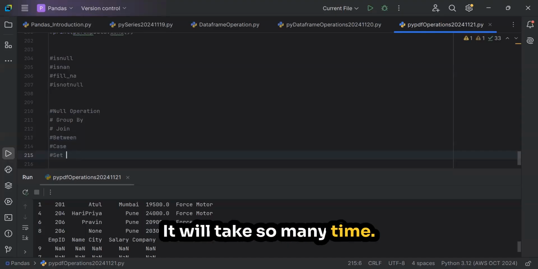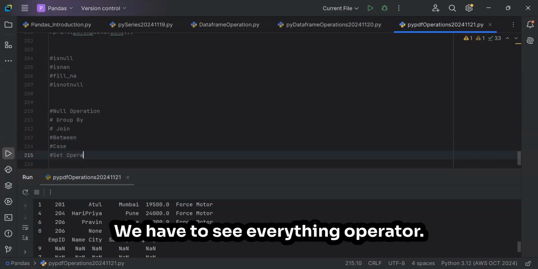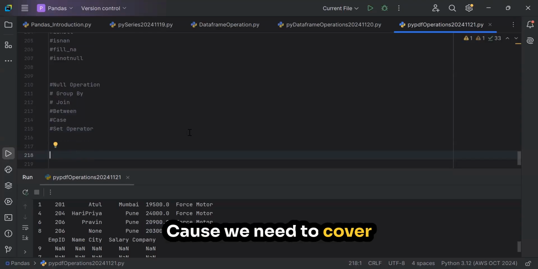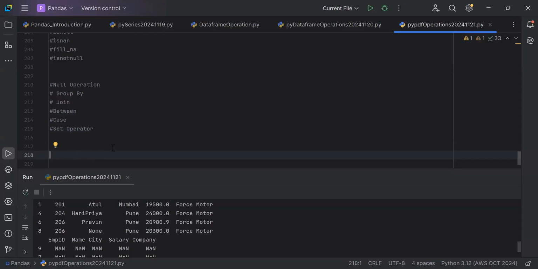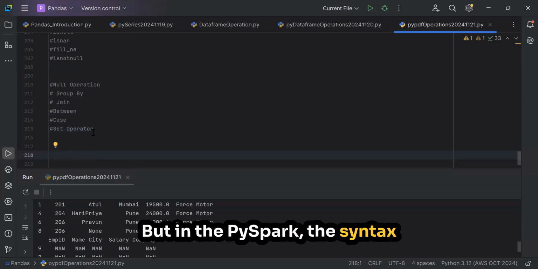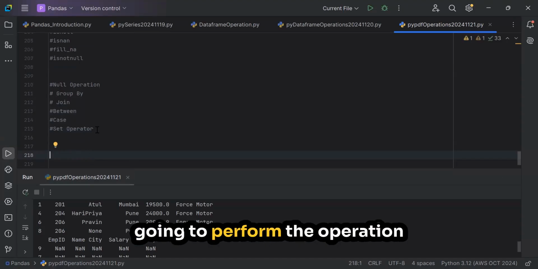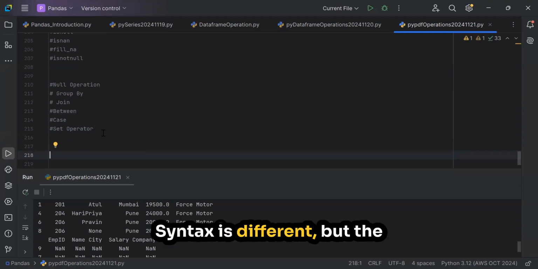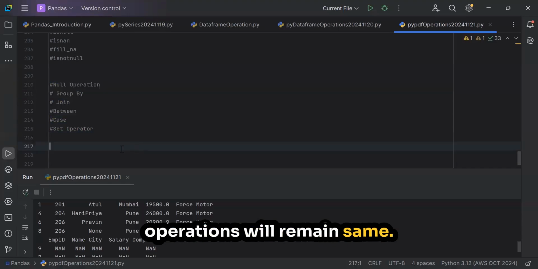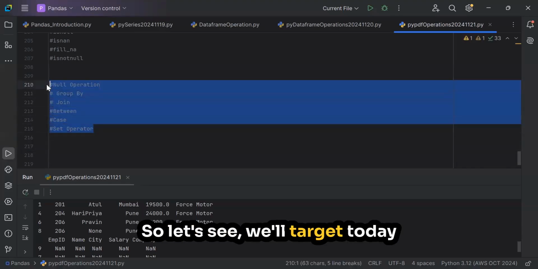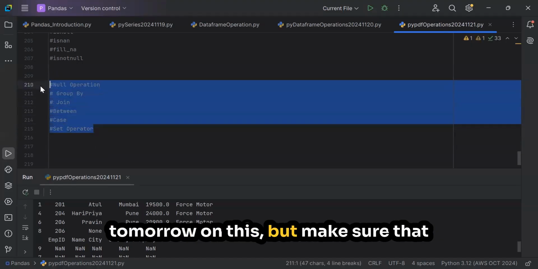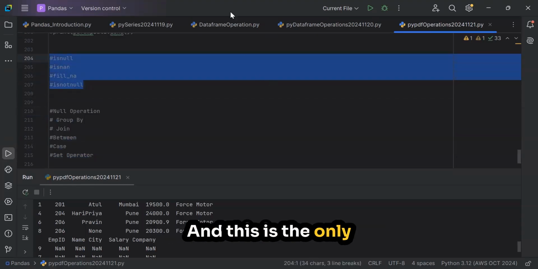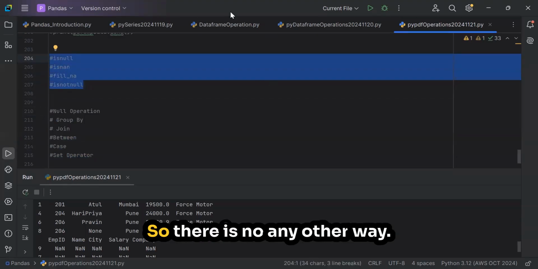It will take so much time then. We have to see everything. I'm sorry, sir. No problem. Because we need to cover PySpark as well. But in PySpark, the syntax is different. But again, we are going to perform the operations on the data frame only. Syntax is different, but the operations will remain the same. So we'll target today, tomorrow on this, but make sure that you're completing the homework that I'm giving. Let's explore this, and this is the only way to explore it, guys. Okay. So there is no other